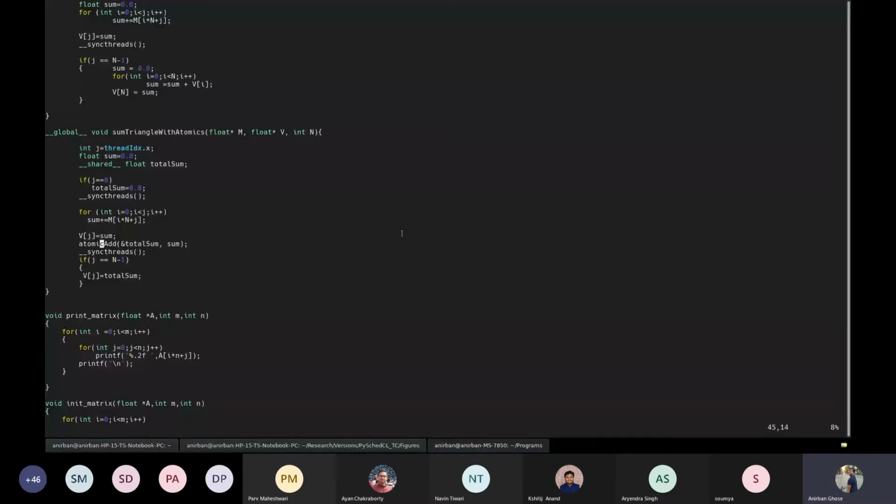All of these are there. As I said, atomic add is an exclusive operation which actually computes the sum, and finally in the last step, as pointed out by one of the students, this should be Vn. So this is my mistake here, but just changing this would be okay.